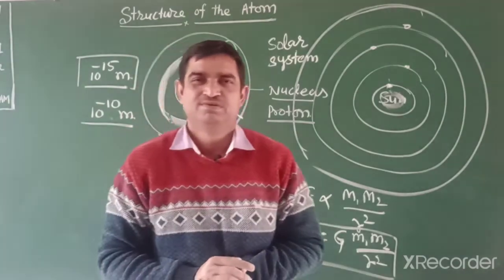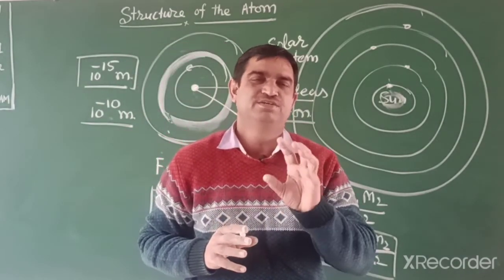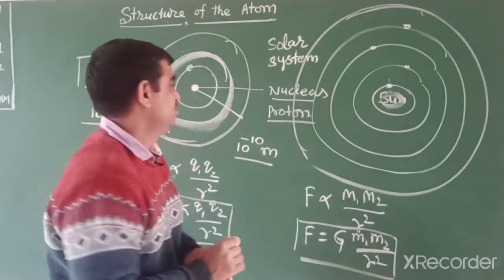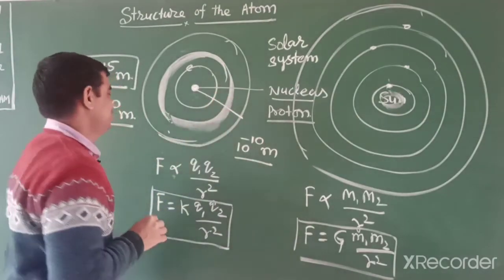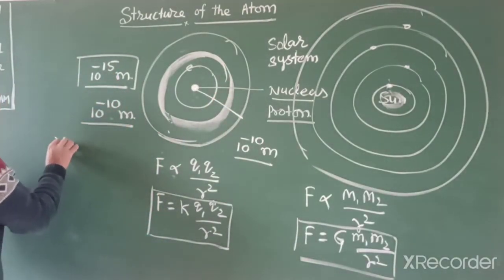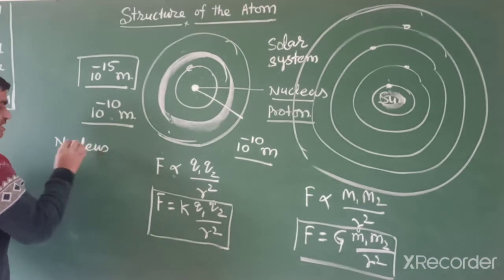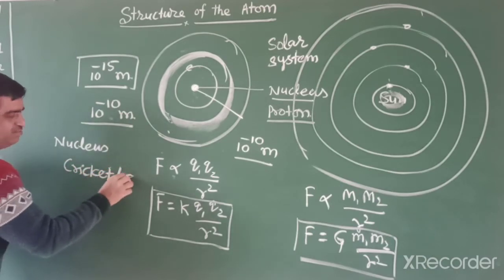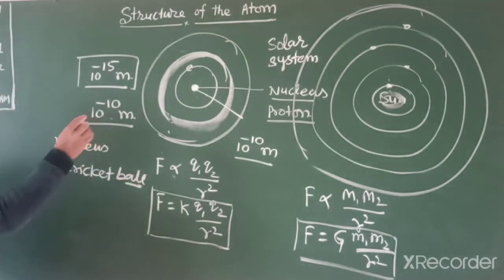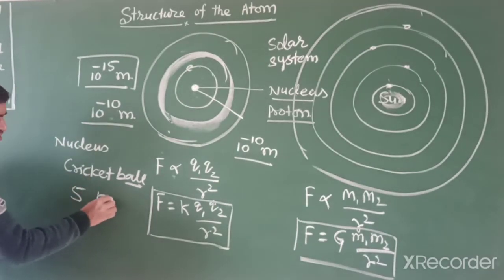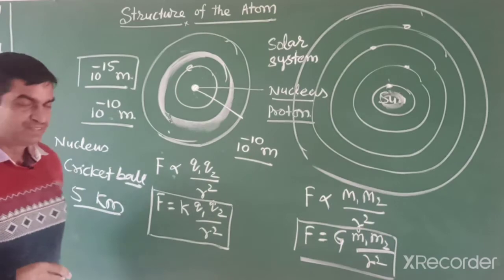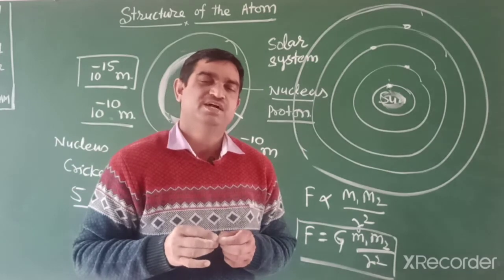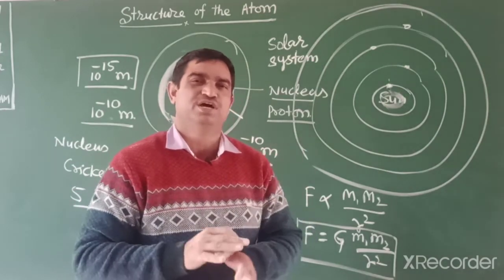If you imagine the nucleus is like a cricket ball, then what is the radius of the atom? The radius of the atom is 5 kilometer. You can also imagine, if the nucleus size is a domestic fly, then the atomic radius, or the whole atom size, is like a football